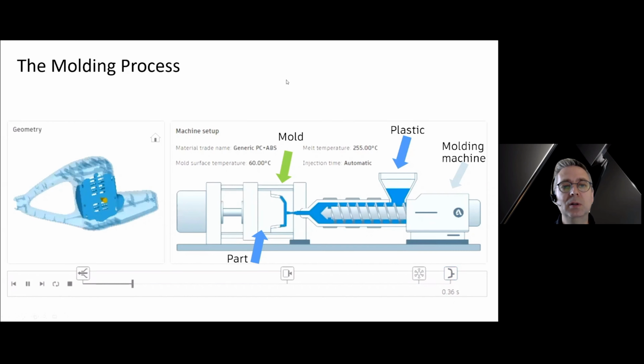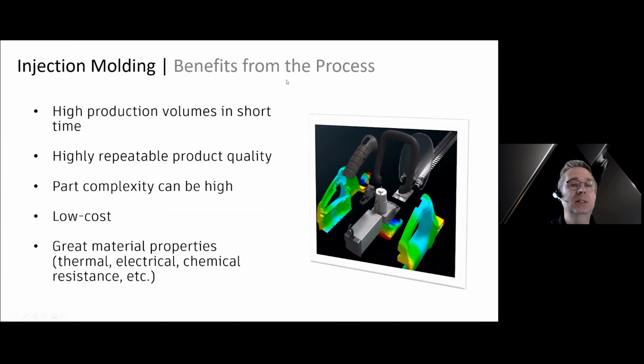So with all manufacturing processes, there are advantages to them. And so with injection molding, there's a lot of energy cost that goes into producing the mold itself. But once that mold is created, we're able to produce parts very quickly. I would say the typical cycle time for injection molding parts is about a minute apart.